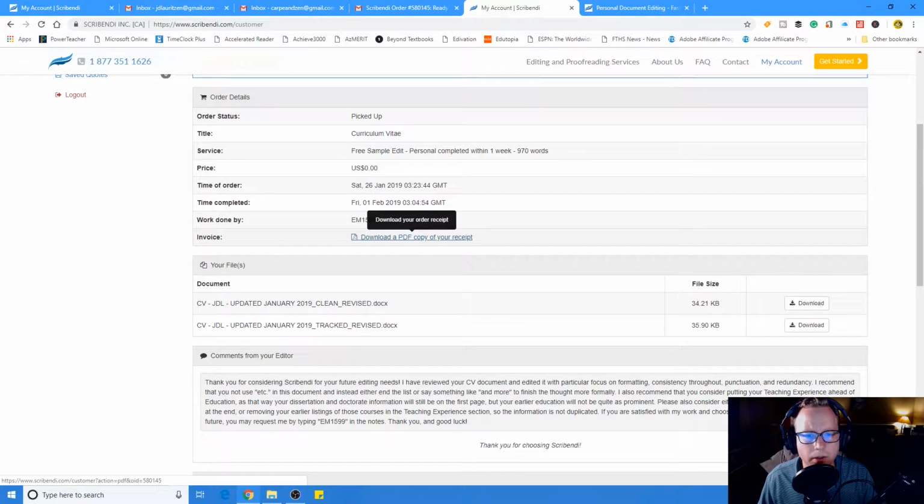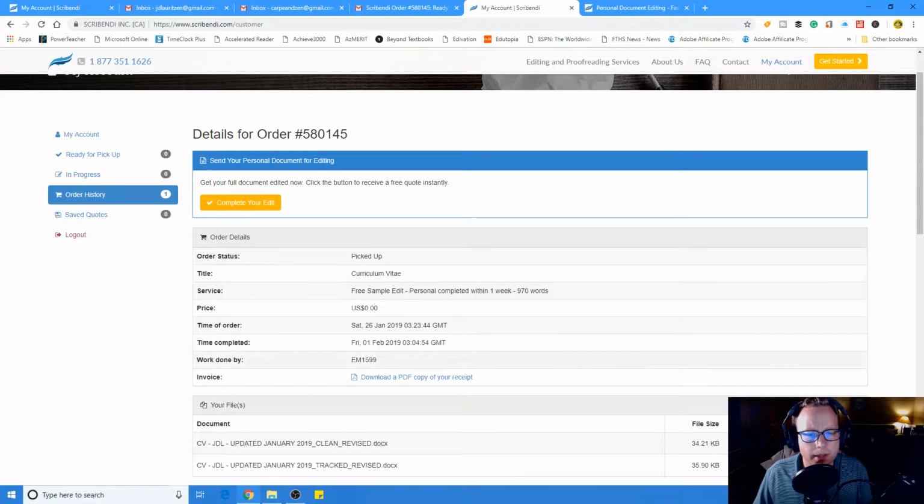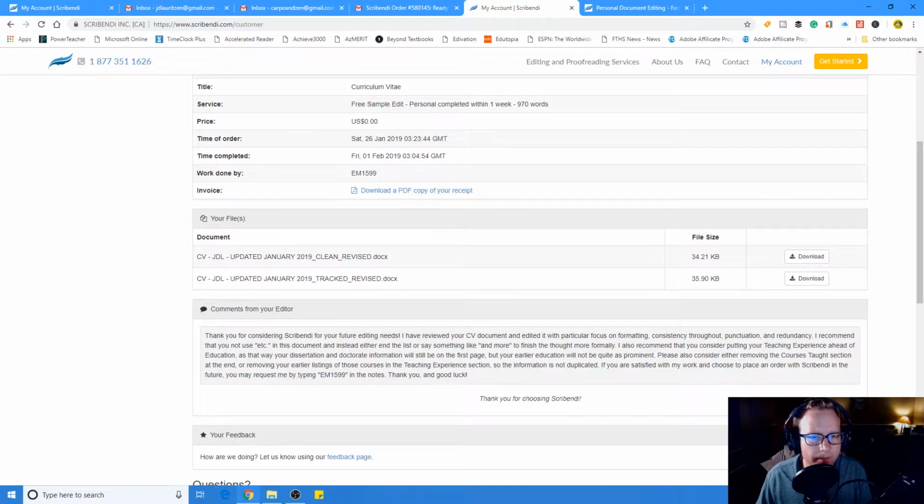Okay, I'm going to go ahead and click on this. This will show me my receipt. This will show me clean and tracked. Let's go ahead and look at tracked. Oh, okay, so here at the bottom, I can see kind of the receipt information, what I ordered, how long it took to get it. I can see a receipt of what I submitted, the 2 different versions of the document, and then it says,